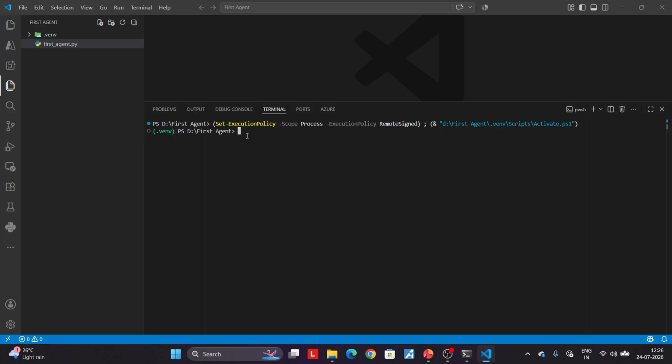Now inside this activated virtual environment, we have to install our two dependencies. To install them, simply write the command pip install langchain space langchain-groq, which will be required for the development of our agent, and press enter. After pressing enter, the Python package installer will take some time to install the dependencies. As I have already installed both dependencies to save time, we will now move towards the actual development of